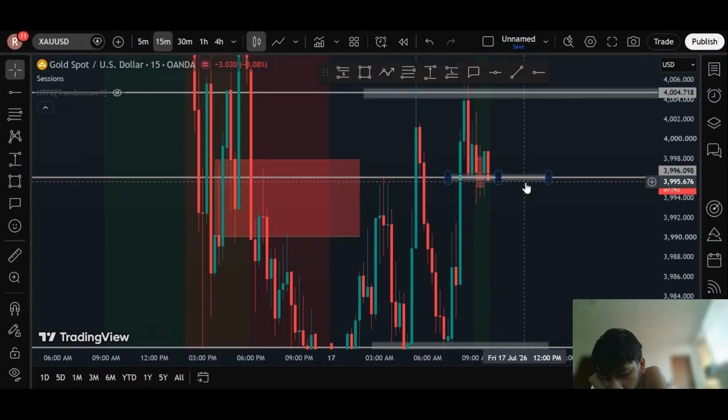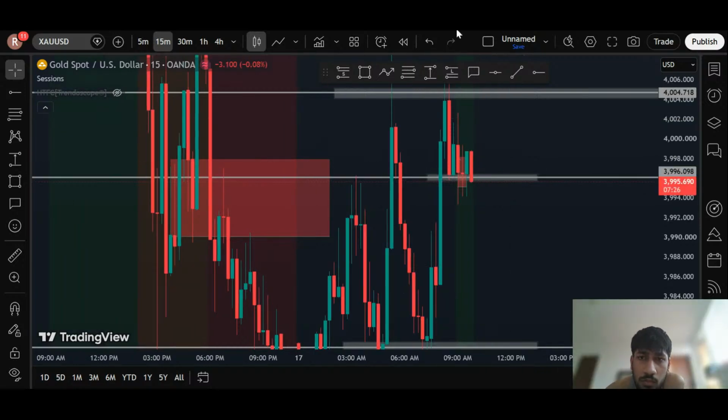Do you have a day trend bias for buys or sells? No. My bias is whichever zone the market breaks. So let's say the candle breaks and closes below 39.95, because we can see that 39.95 has been rejected 1, 2, 3 times. So if you get a candle to close over here,